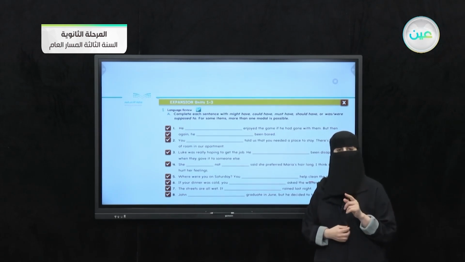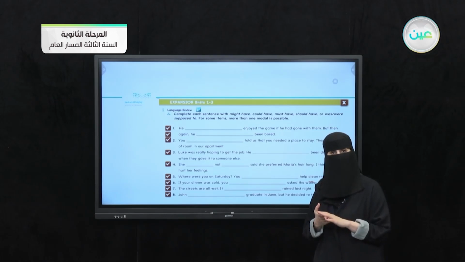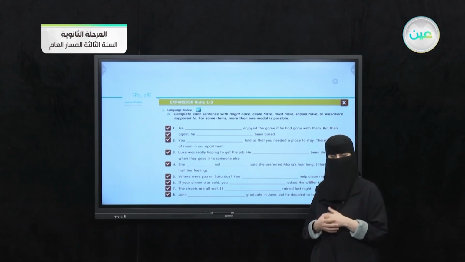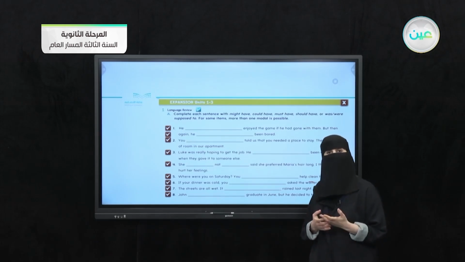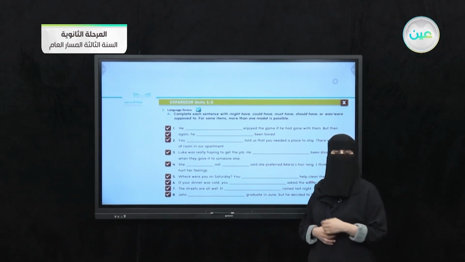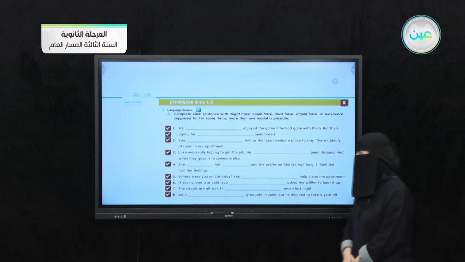But I want to point out that past modals are absolutely different from passive modals, and we can use the passive modals to give an opinion about a situation that happened in the past. And the structure of it is also different from the previous one. So what is the structure of passive modals? We put the subject, then I add the modal, after that have been and the past participle. Okay, so let's begin our question and see what we have.